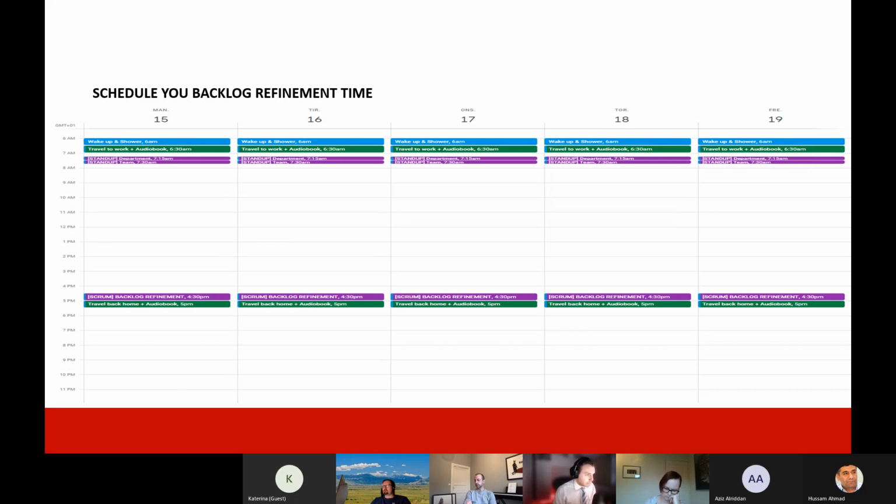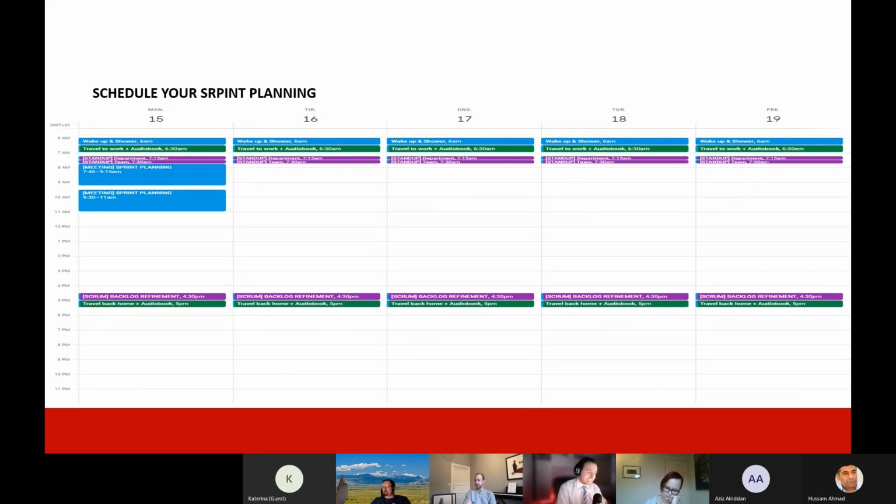You can schedule it as a block, but it should be scheduled within your calendar. So the message here is that you need to set up time to do this backlog refinement, and this should be scheduled.